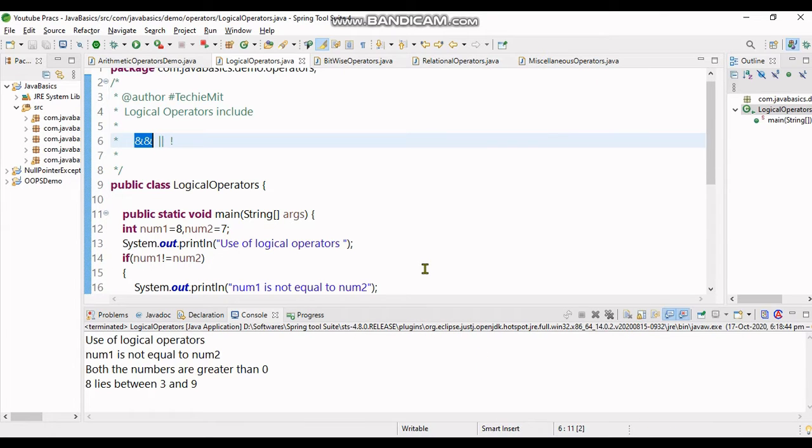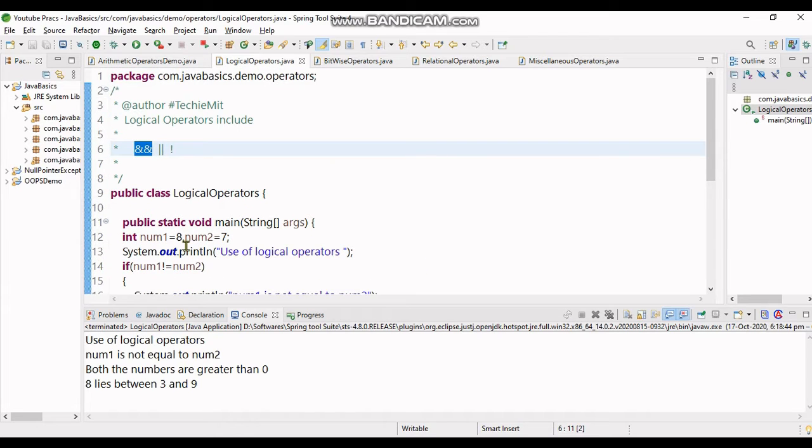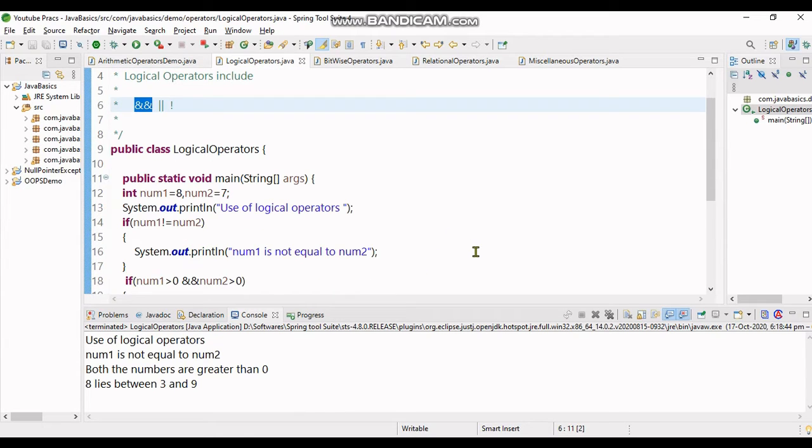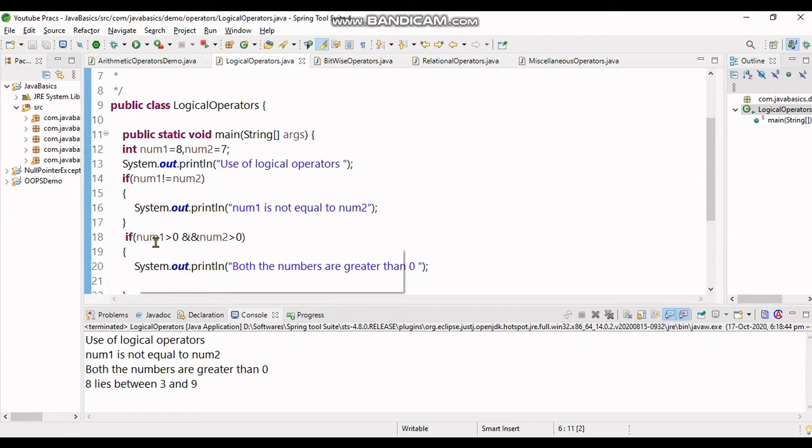So this is the use of logical operators. Firstly, num1 is not equal to num2, right? Because 8 is not equal to 7. Both the numbers are greater than 0. So both these conditions are true, satisfying logical AND. AND compares both the conditions, meaning the left hand side condition and the right hand side of the operator should both evaluate to true. Only then the expression is executed, and in this above operator it checks whether the two values are not equal, then it prints the